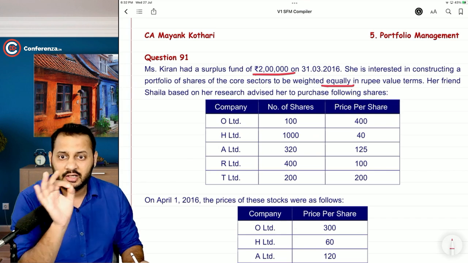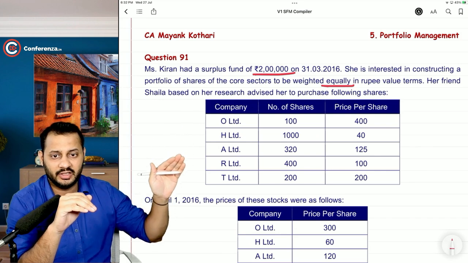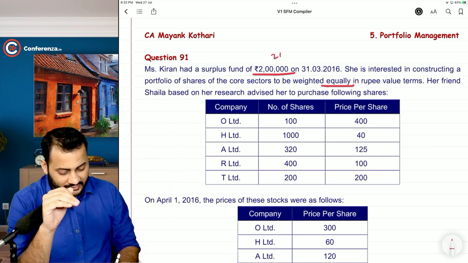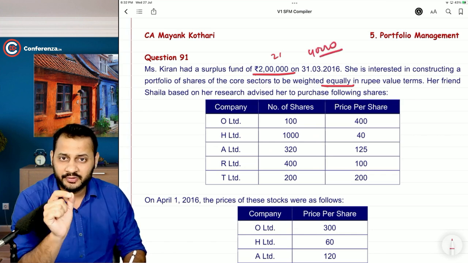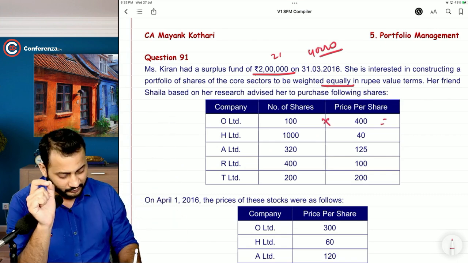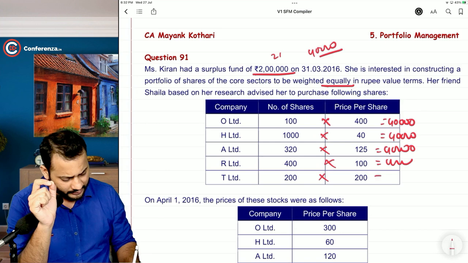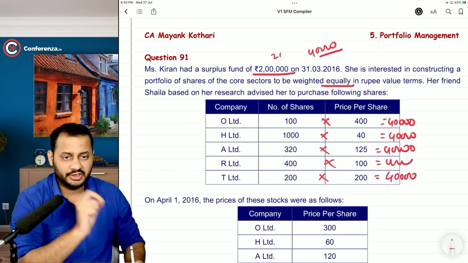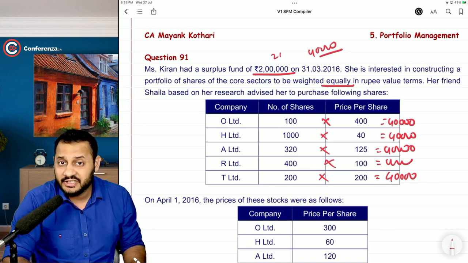Her friend Shaila, based on her research, advised her to purchase the following shares: 1, 2, 3, 4, 5. 2 lakhs divided by 5 becomes 40,000 rupees, and 40,000 should be the investment in each of these. So 100 multiplied by 400 rupees, 40,000. 1000 multiplied by 40, 40,000. 320 multiplied by 125, 40,000. 400 multiplied by 100, 40,000. 200 multiplied by 200, 40,000. So she has invested in a different number of shares at a different price, but the total in each is equal,